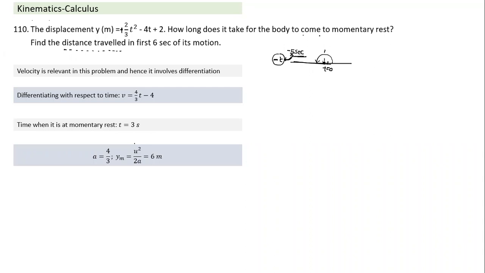Because what does negative time imply here? Negative time implies it is before the time you pressed your stopwatch. So it's something like this. If I fire a projectile up with the speed of say 40 meters per second, and somebody wakes up late. He wakes up here at this point here. Somebody observes that t is equal to 0 here.